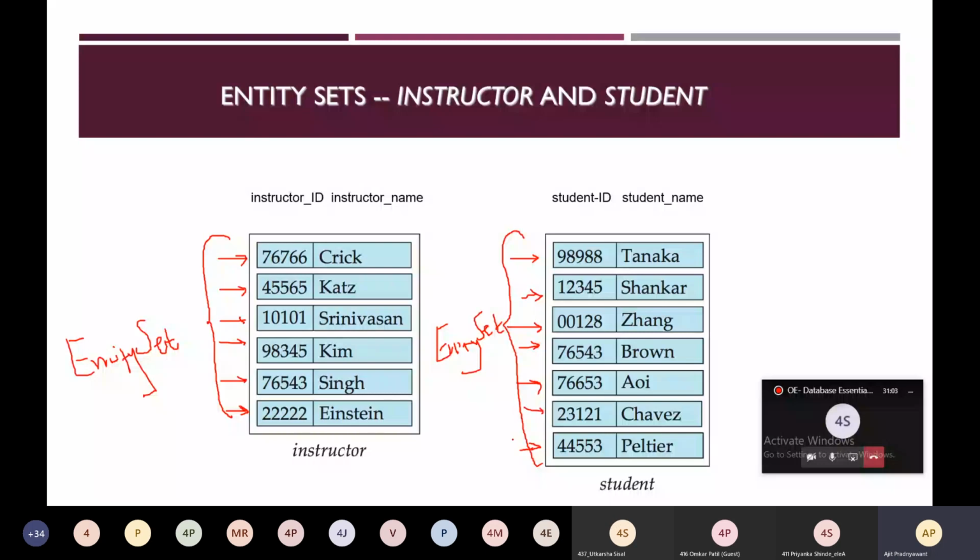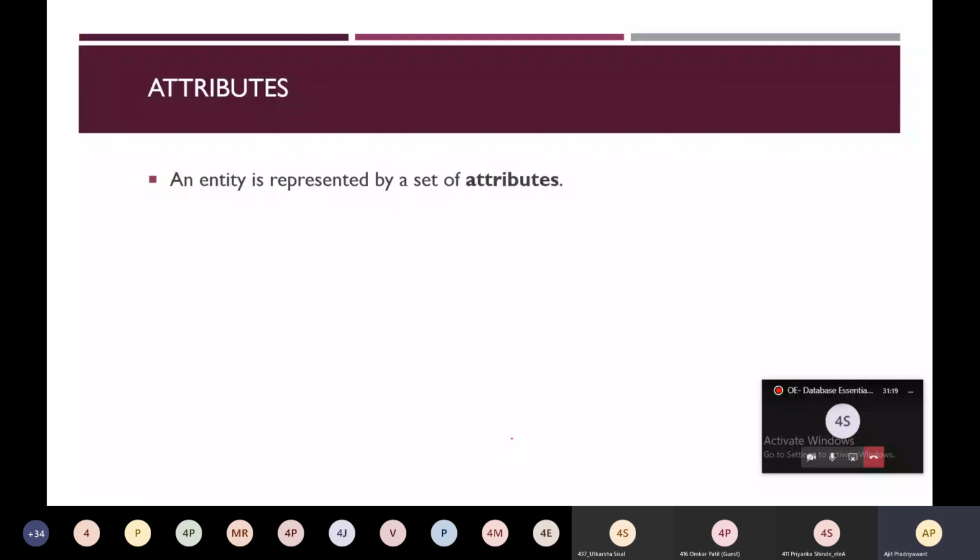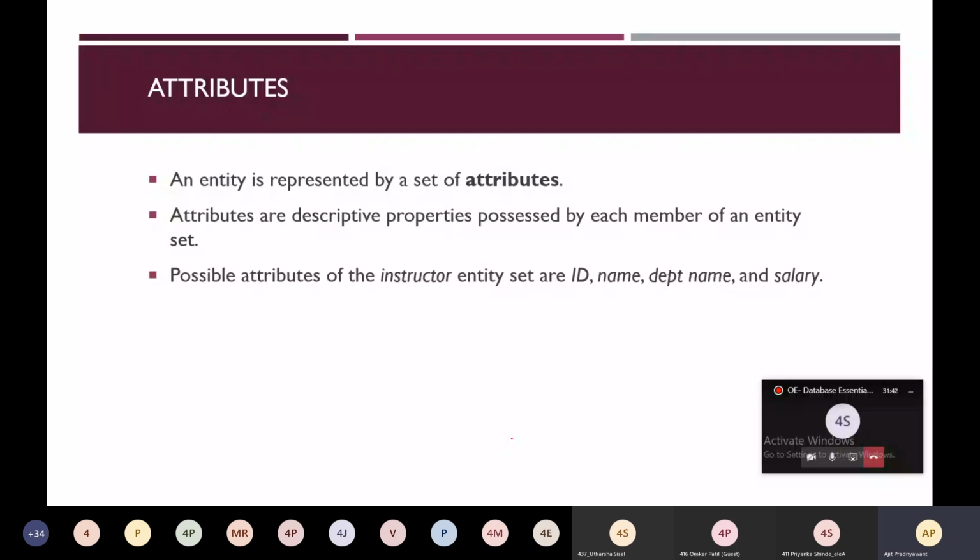Attributes are descriptive properties possessed by each member of an entity set. Possible attributes of the instructor entity set are ID, name, department name, and salary. So these are the properties of instructor, and each entity will have ID, name, department name, and salary.